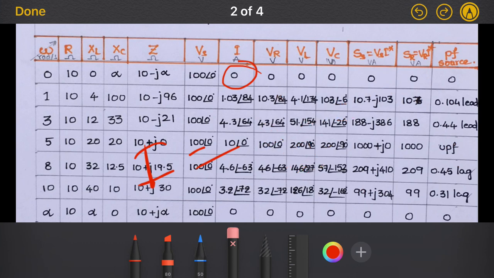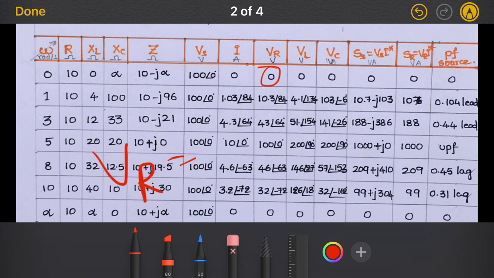So now coming to VR, the voltage across the resistor. The expression is VR equal to I into R, where the I value is 0 at an angle 90, into R which is 10. So 0 into 10 equals 0 volts here. Similarly VL, that is IL into jXL, and the I value is 0, so VL value is also 0, and VC value is also 0. And the power supplied by the supply, S equal to V I conjugate, this is I, so this will be 0 volt